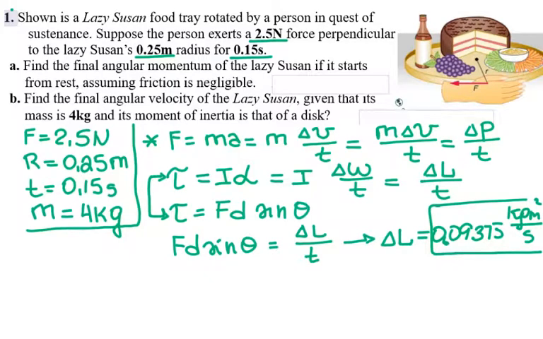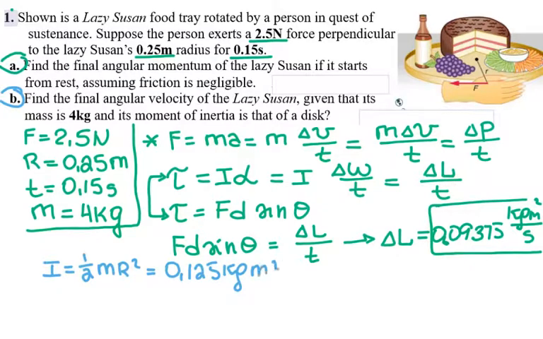And then for B, I will have, but first I have to find the inertia, which is for the disk, 1/2 mr squared. So if I plug in my numbers, I get, it's the formula that I told you that I want you to remember. So that is 0.125 kilogram meters squared, because it's kilograms times meters squared. And then I'm gonna use this